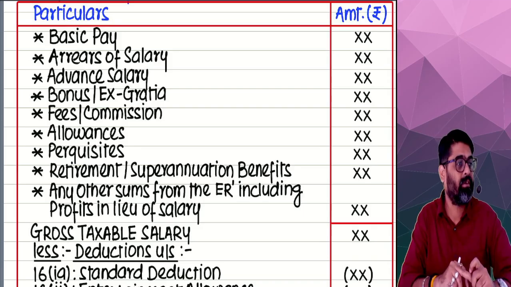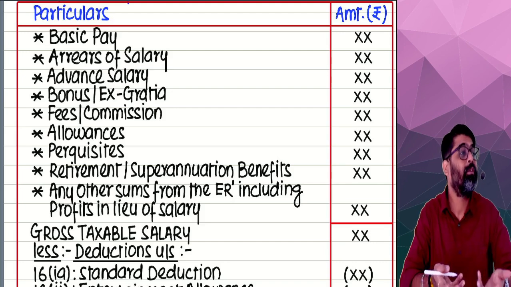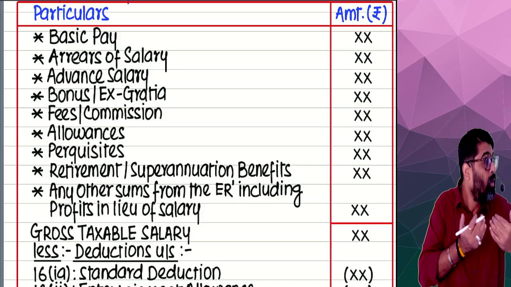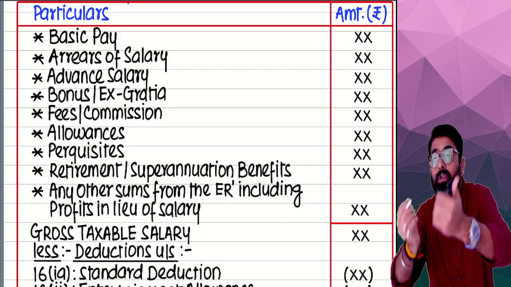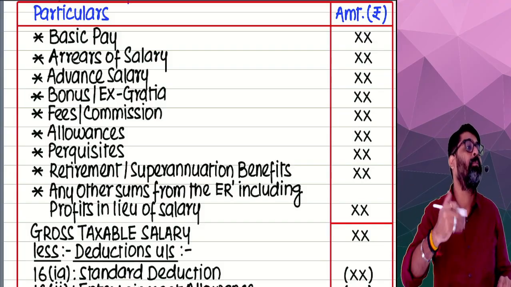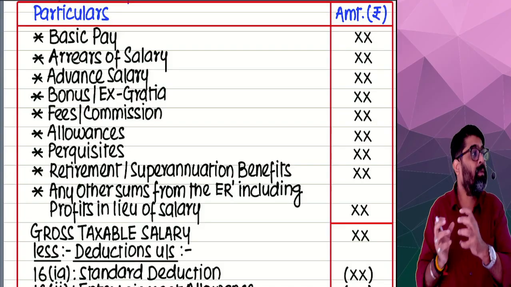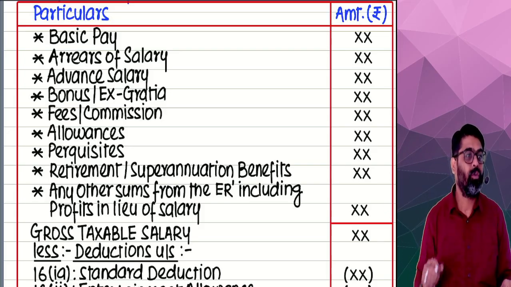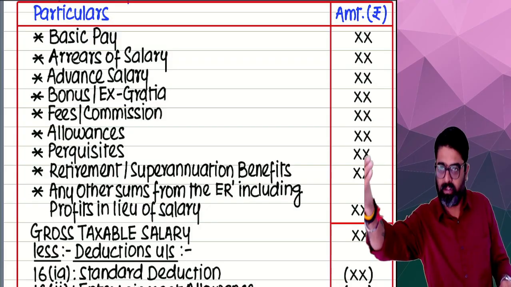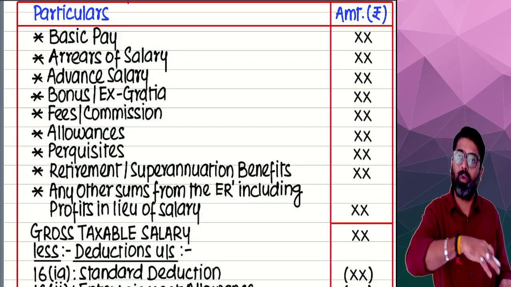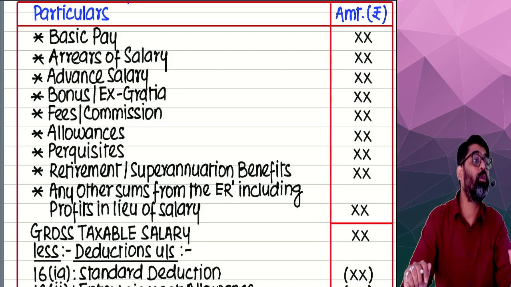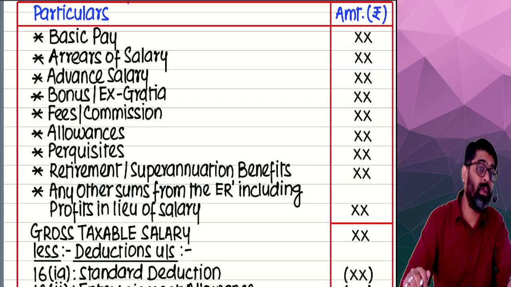What is that advance against salary? Simple, no? That is a loan which you are taking against your salary. Advance means what? Loan which you are taking against your future salaries. You're telling your employer, I'm in need of money. Please give me advance. Adjust this advance against my future salary. So whatever salary you are going to give me in future, from that salary, adjust a small amount of this loan. So right now you are taking 5 lakh rupees. You have taken 5 lakh rupees in this year